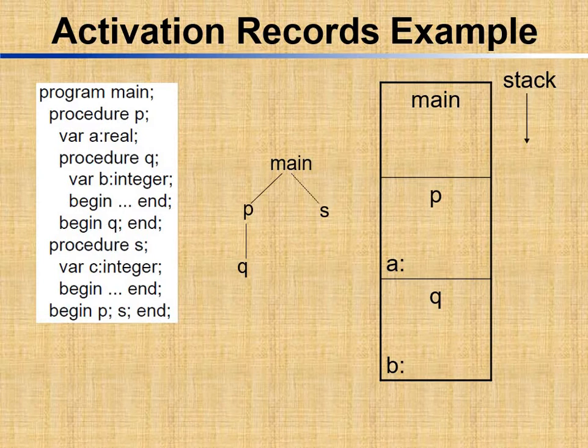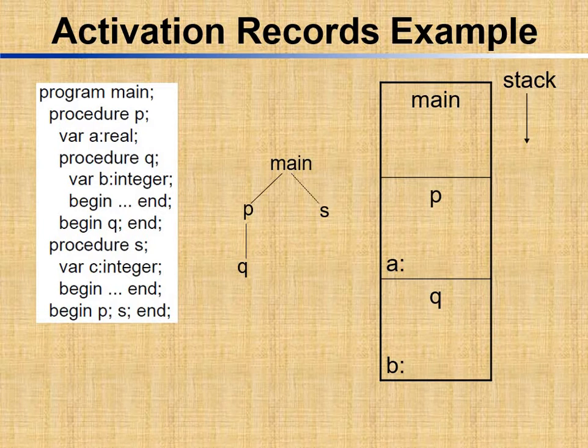So here we have shown one activation tree. This one is the main program, and here the P procedure is there, and inside P one Q procedure is there. Inside main one more procedure is there, that is S, but it is outside of P. So inside main two procedures, P and S, are there, and inside P one Q procedure. This we have shown in terms of an activation tree, and we can show it as an activation record in this manner.